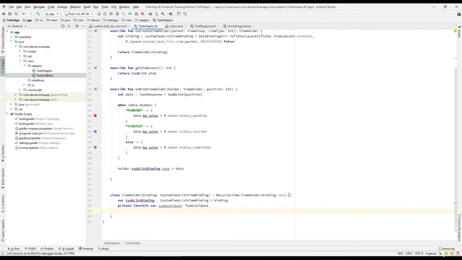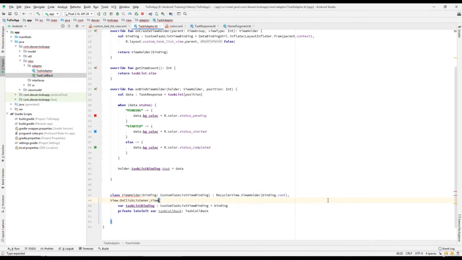We also need to implement View.OnClickListener,